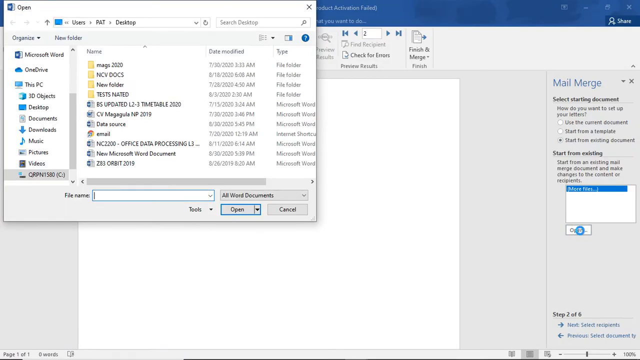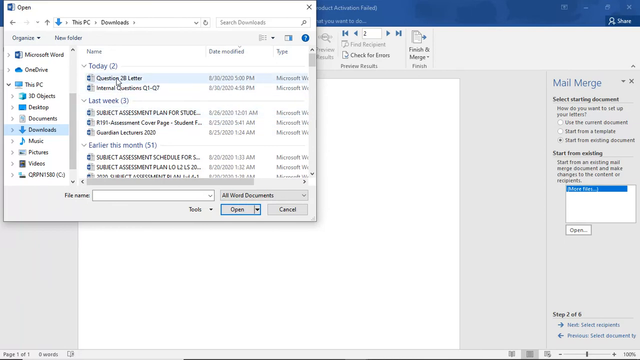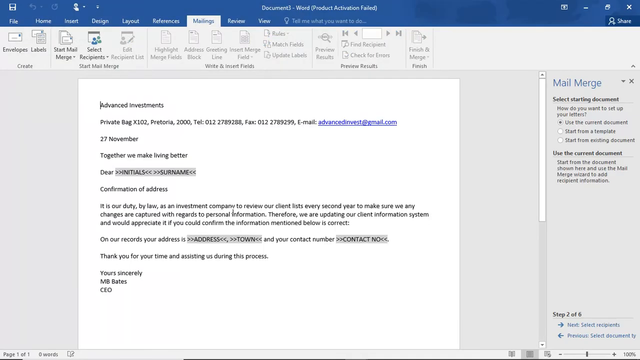Then let's open the document. Just going to look for it under downloads. And then this is the document, and then I'm going to open it. So this is how you insert if the letter is given or is provided in your question paper. Instead of using